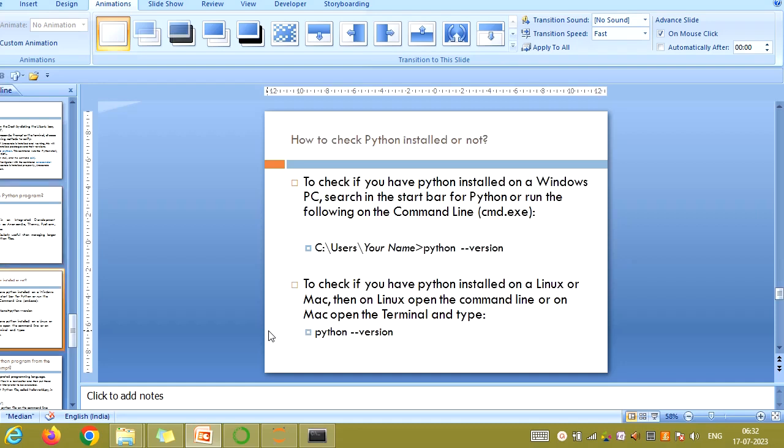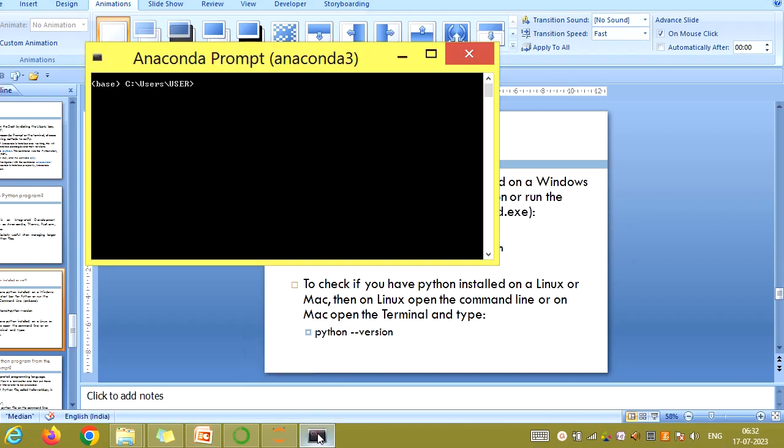To check whether Python is installed, and if you want to check the Python version, you can just type python space hyphen hyphen version. So you can go to the Anaconda command prompt, type python space